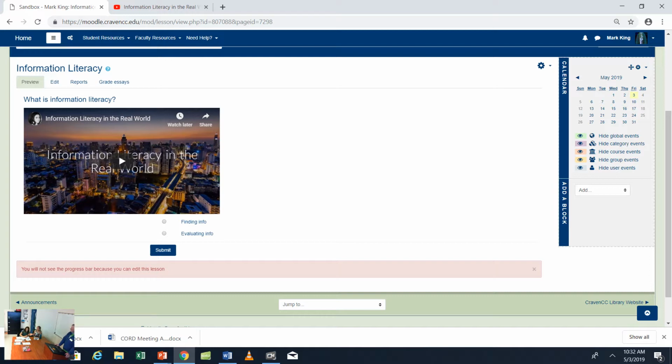Just don't forget to click on that, because I've done that before where you get the embed code and then you paste it in Moodle and you forgot to click that, and then it shows up as the code, right? You have to click that code button first. Am I making sense? Because I've done that a few times. I'm like, no, that's not good. Delete. But lessons are pretty easy.